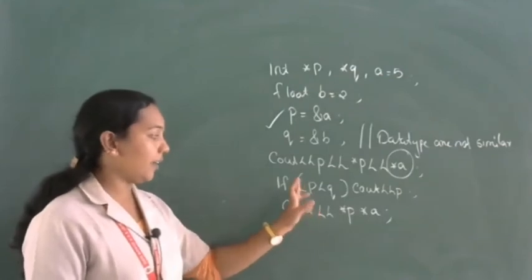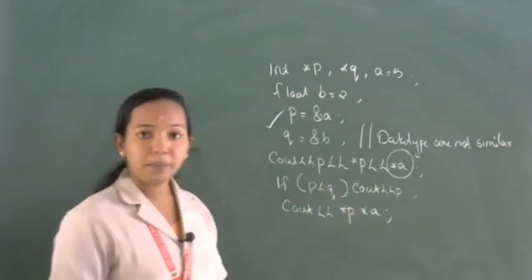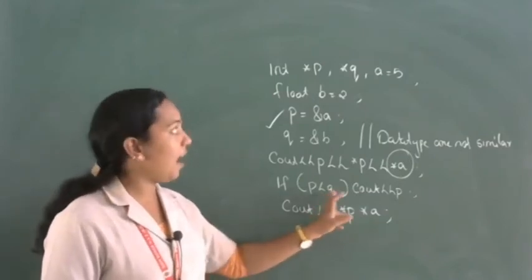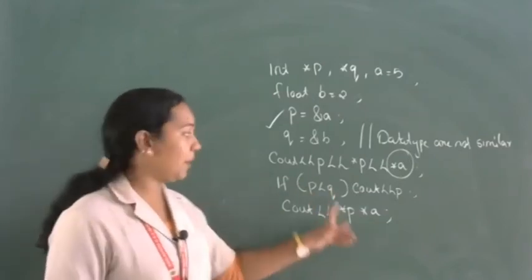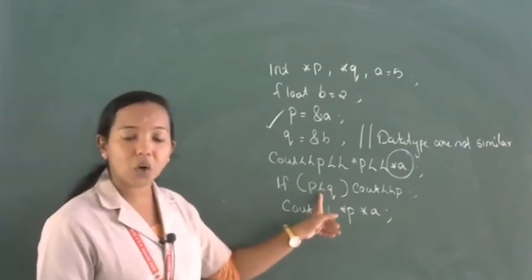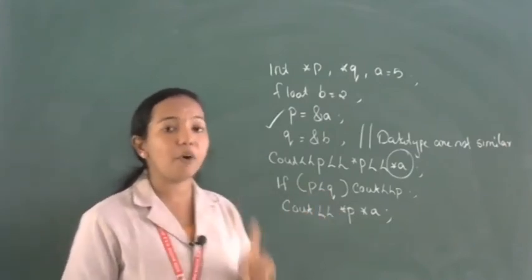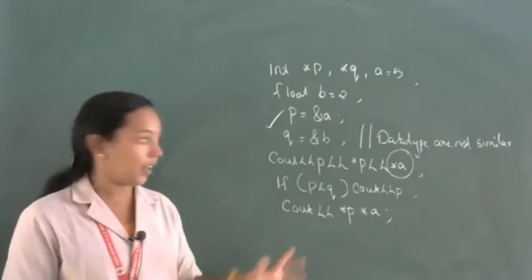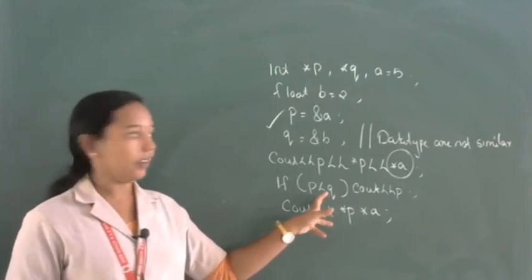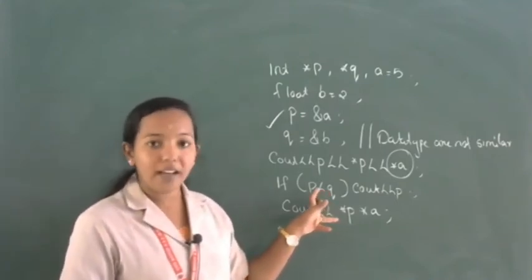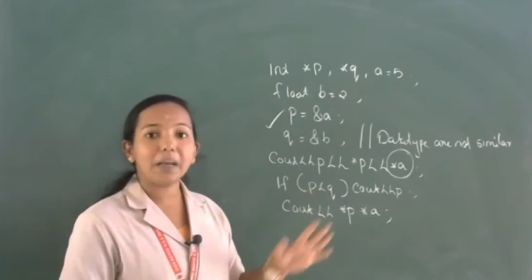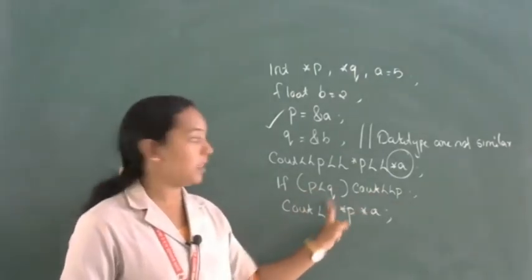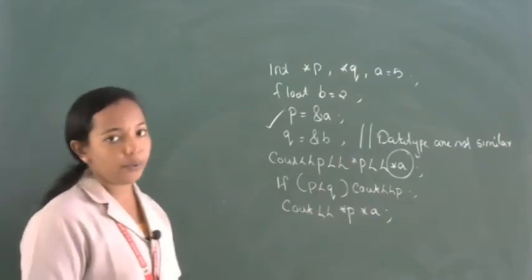Then next one, if (p < q). What is the speciality of p < q? Here p and q are pointer variables, but we are using a relational operator called the less than operator. You know, with pointers, relational operators like less than and greater than are not allowed. So again an error here. Less than operator is not allowed in pointers. We can't compare the values. Then cout. If this statement is wrong, it will not execute the cout statement.